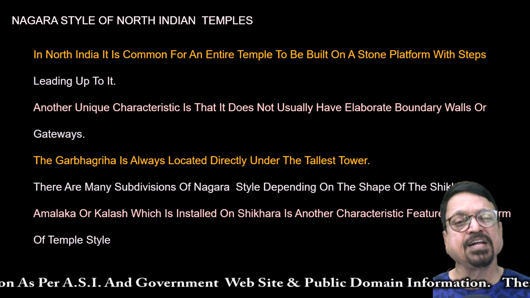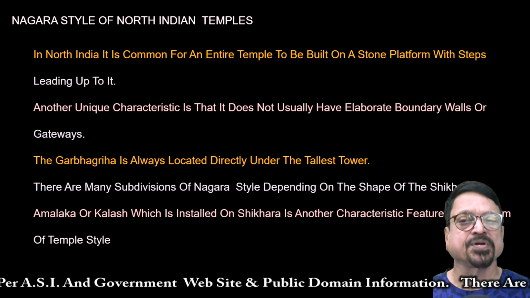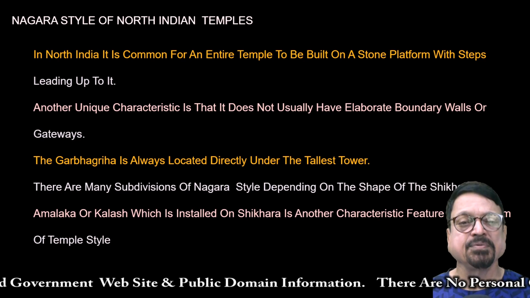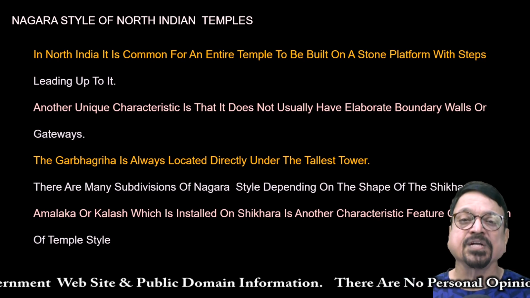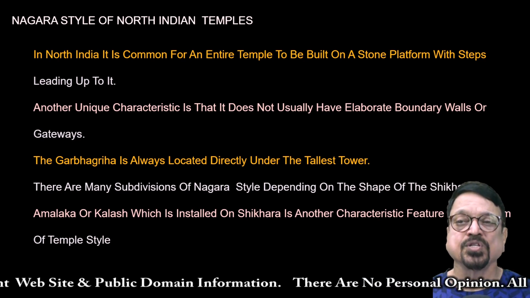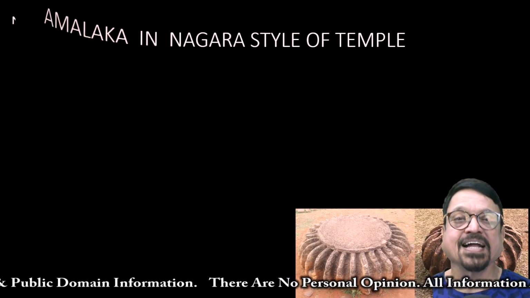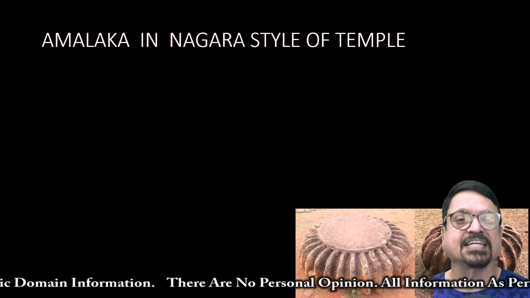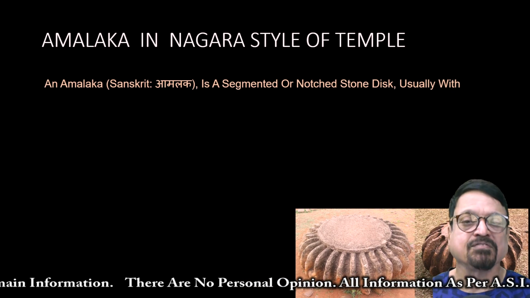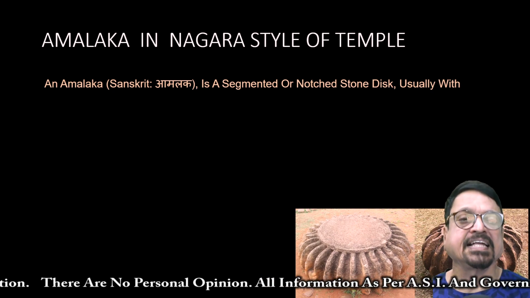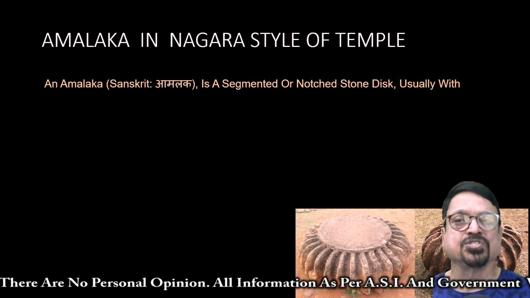The Amalaka you will find, or Kalasha. Kalasha is usually filled with holy water, usually Ganga water, and Amalaka is the circular shape, which looks from the sky like either a lotus or the sun. So they symbolize the seat of a deity. Look at how it looks. Amalaka in Nagara style looks like this. These both are taken from Pattadakal. One is from the Durga Mata temple and another is from the surrounding temples.